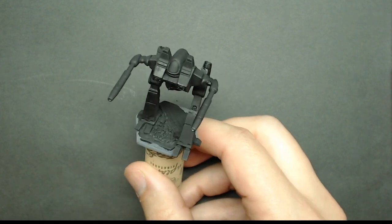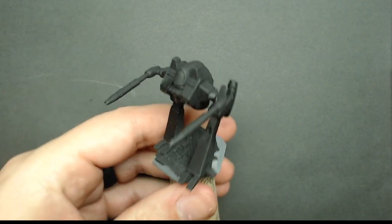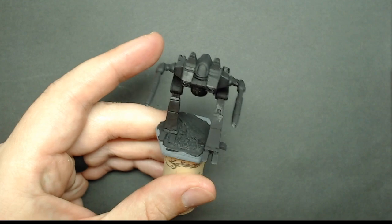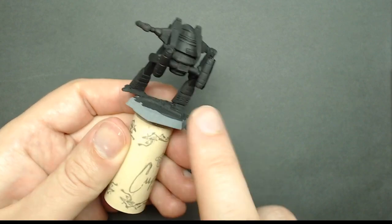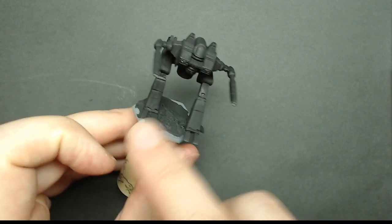All right, so I primed this in black, spray black. I've switched to using an airbrush now, but if you prime with an aerosol can, it's prone to missing areas and stuff, so it never hurts to go back and touch up with black to get in some of those areas where you might have missed or it might have gotten a little thin. So that's what I've done. There's some variants of the color, but black is black for the sake of our paint scheme here. Got a paper towel,